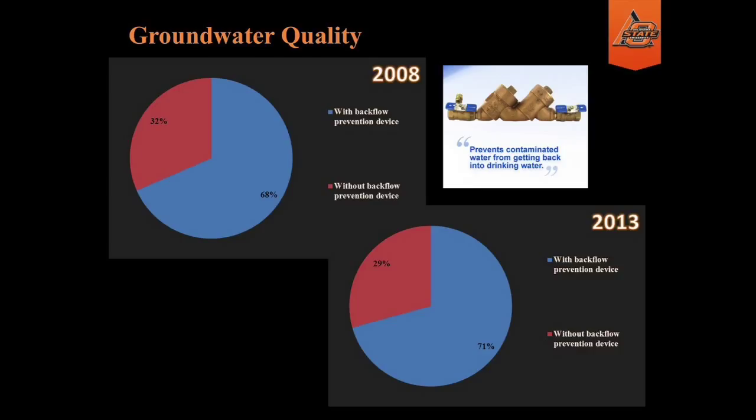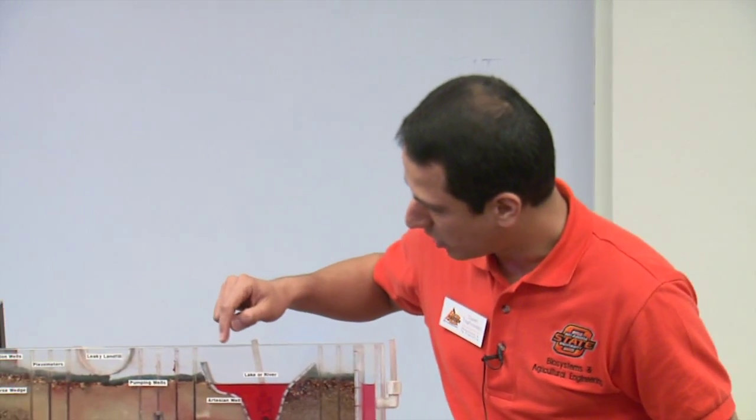Whenever we have the groundwater irrigation wells to pump groundwater, one of the most important pieces of the system is to have a backflow prevention device on the groundwater, because we don't want whatever we inject into the irrigation system to get back into the groundwater. And this is basically what you can see here. When we started this morning,